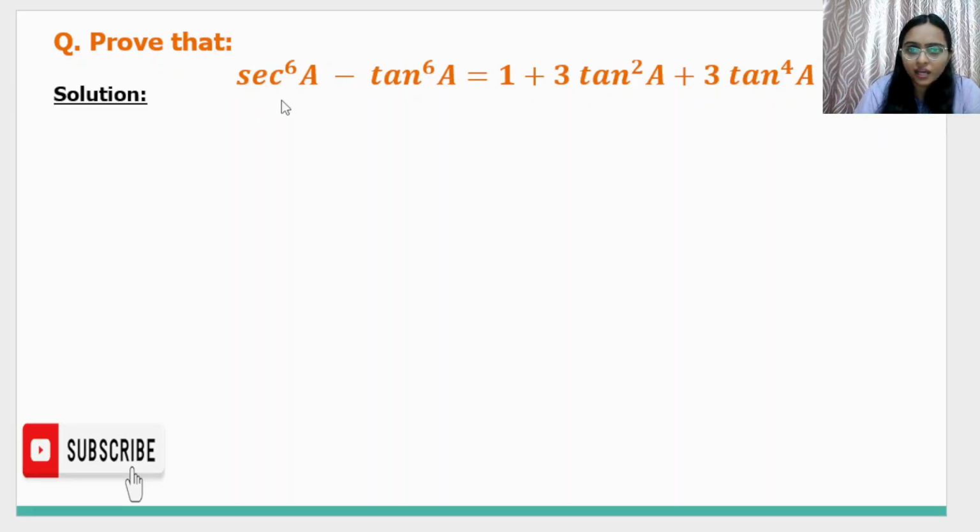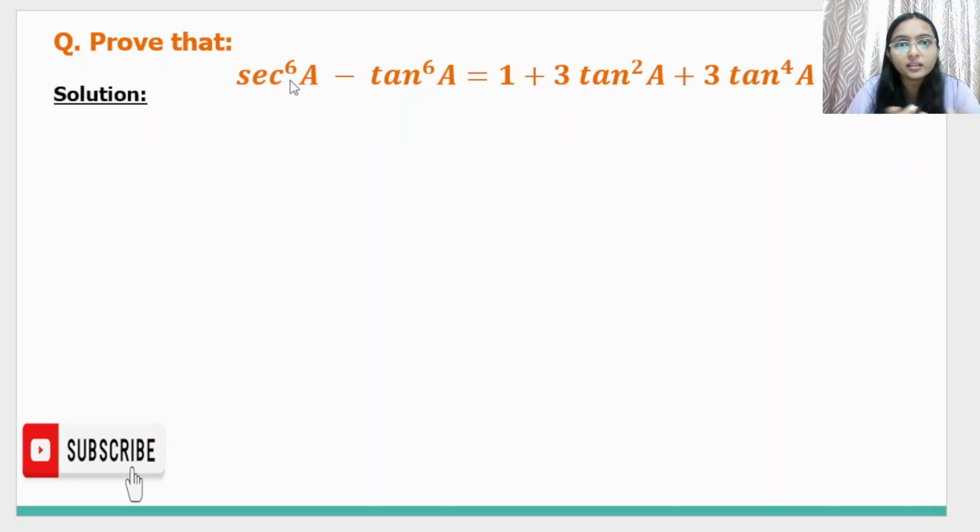So here as we can see, the power is 6, okay? In the previous question we had power 4, so we wrote it as a square the whole square, right? So we took sec⁴A as sec square A the whole square, which was the a plus b, a minus b formula. Here 6 is there, we can split 6 as 2 times 3, or we can do it as 3 times 2. But in this question we will be splitting it to use the a cube minus b cube formula, because when we do that we get squares inside,